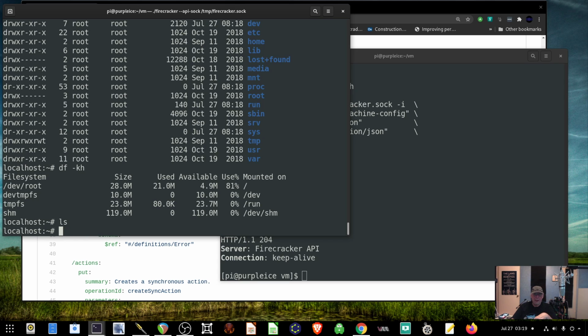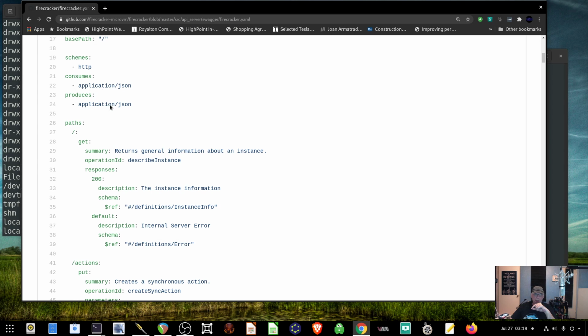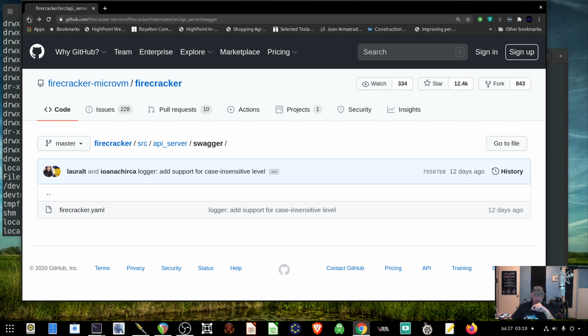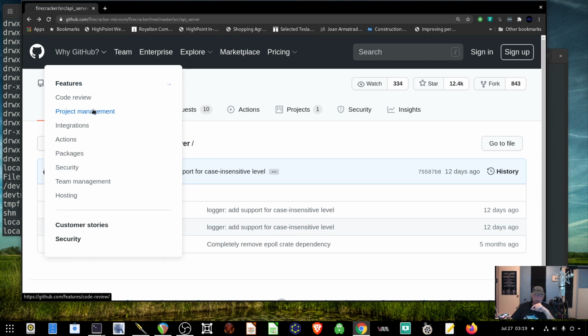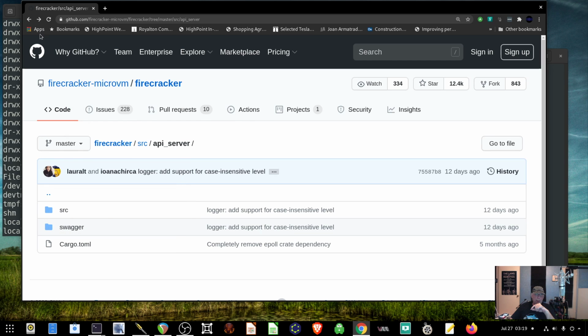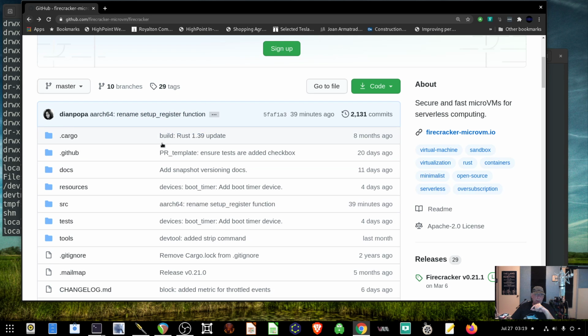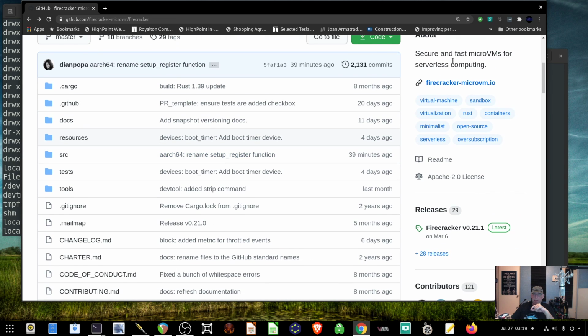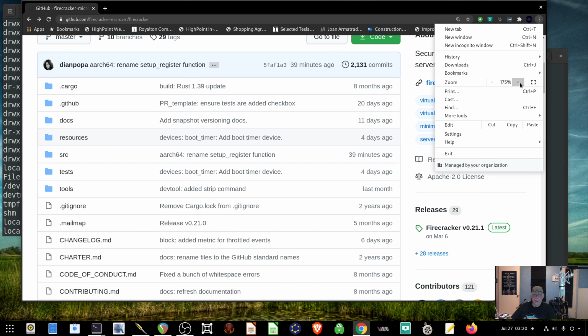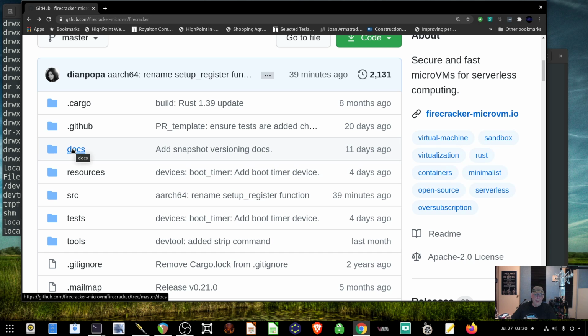Now, I'm going to leave this as an exercise for you, but let me show you where you can find documentation to take you a bit further. So let's go back out here. I need to come up one more level. Oh, now I get out to the outer level. So let me make this a bit bigger. And then right here in docs,